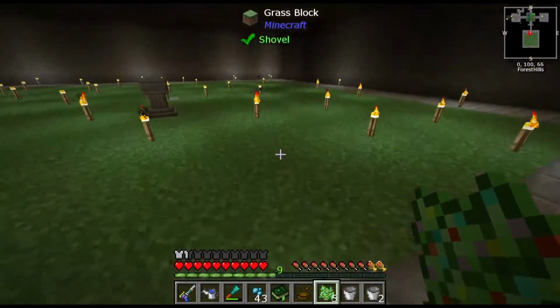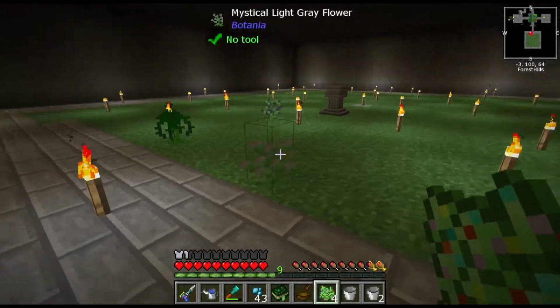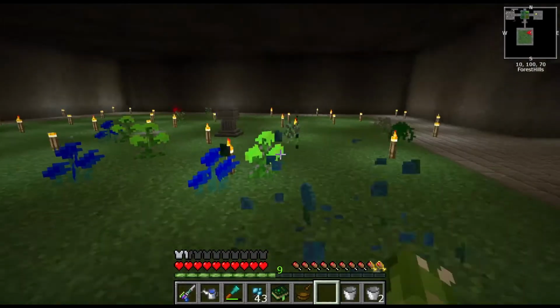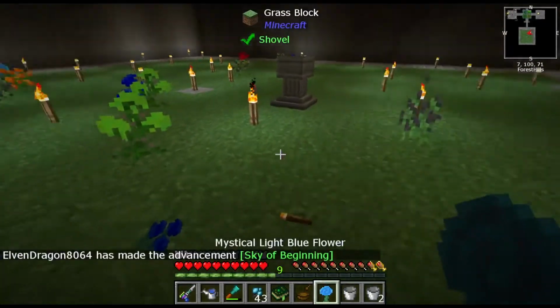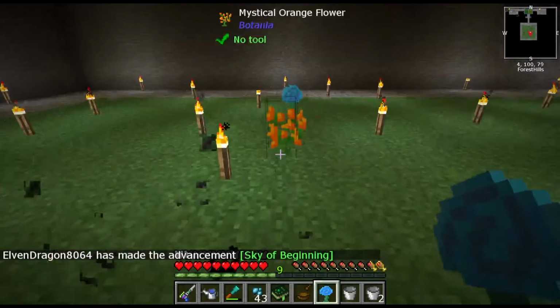And if we apply that in here, should get some flowers. Doesn't look like we got any white though. Alright, no luck on the white, but we did get a wide variety of other colors. So let's go and gather these up. And